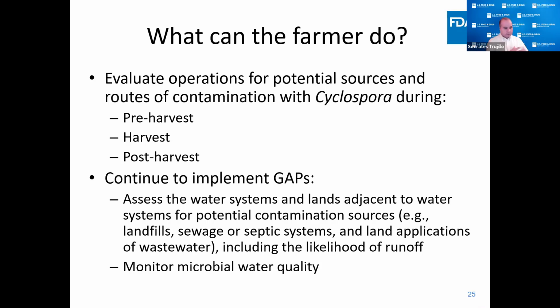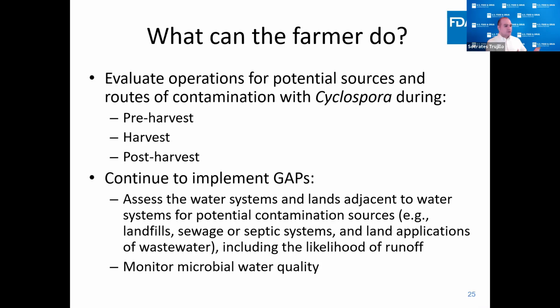So that's something that you have to make sure you talk to your farmers about: antimicrobials do not help us here, right? So they need to understand what the water system is, where the water is coming from, how it can potentially be contaminated with this specific parasite,